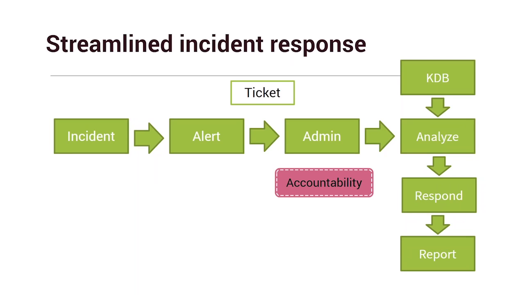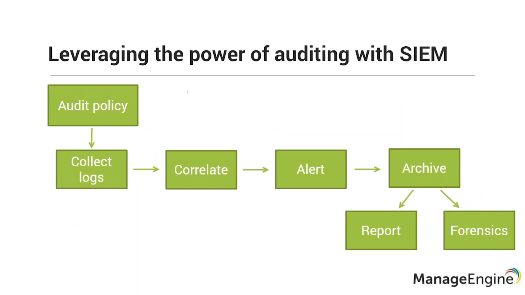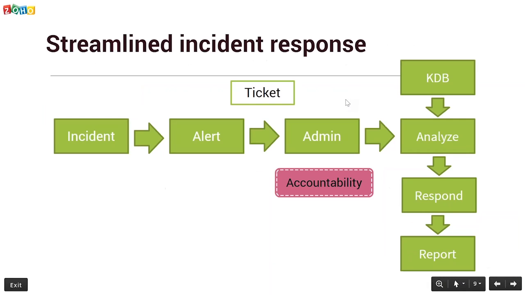Just summarizing, going back to the previous slide, once you've set up the audit policy and collected the logs to your SIEM solution, it can correlate these logs and throw up alerts for important events. You will be in a position then to investigate that particular incident. You will also be able to track the resolution of the incident by raising tickets to administrators automatically upon the alert being triggered. And finally, you're in a position to respond to that incident and report it for your internal audit requirements or for your compliance auditors.